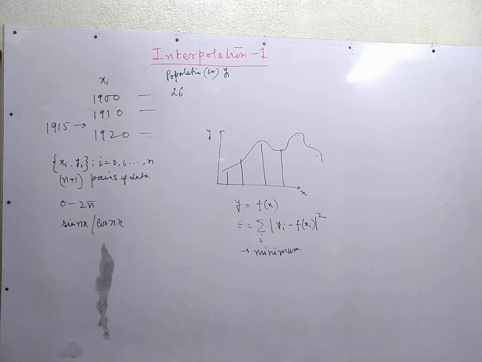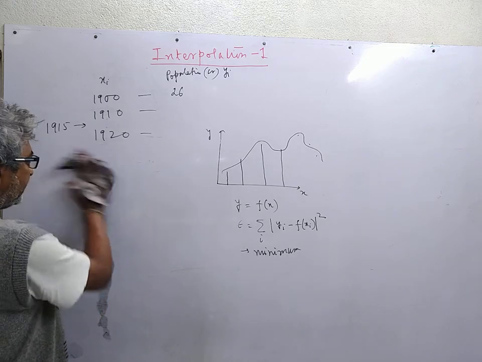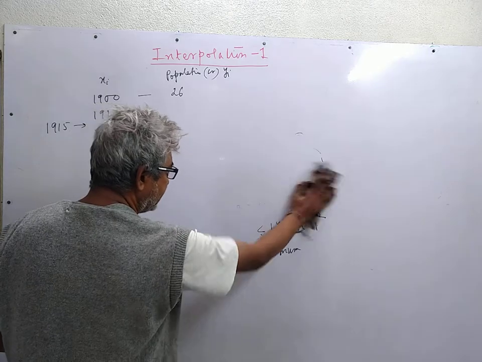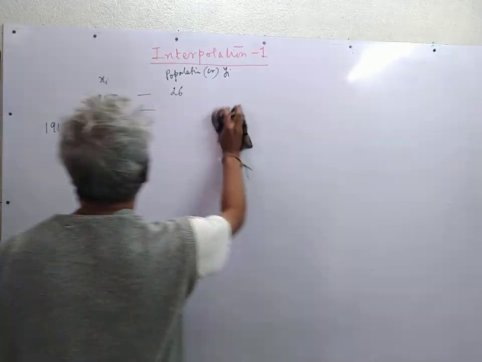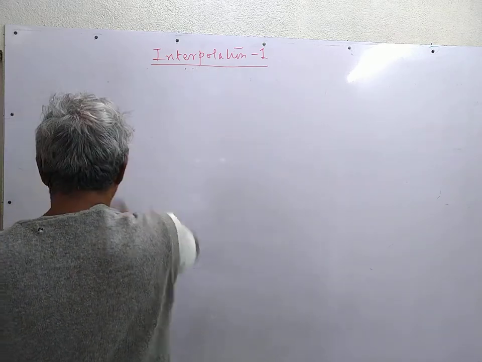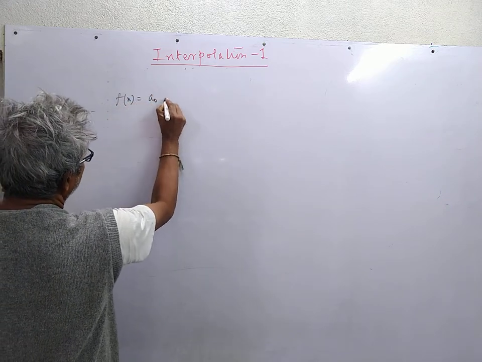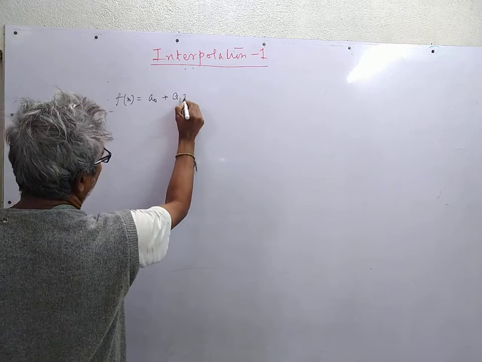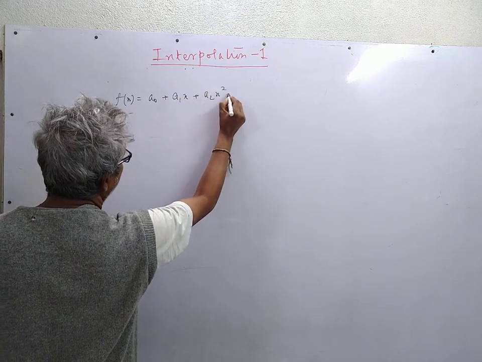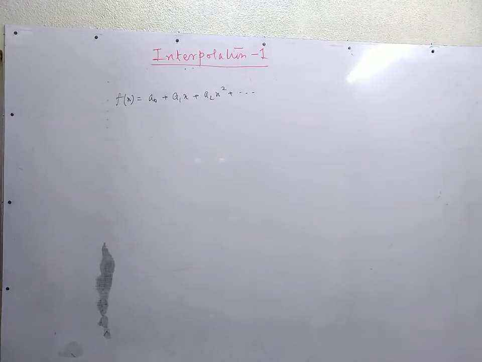Now we come to the case that if we have an analytic function in the range a to b, then we can expand this analytic function in Taylor series. That is, we can expand f of x as a0 plus a1x plus a2x square and so on and so forth. It is the Taylor series expansion, and if we know the function beforehand, we know the expansion coefficients. Even if we do not